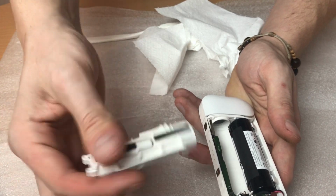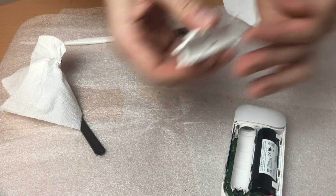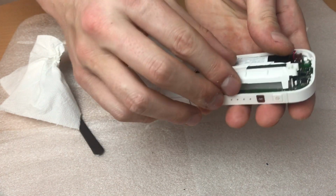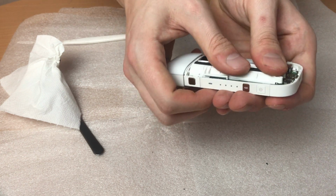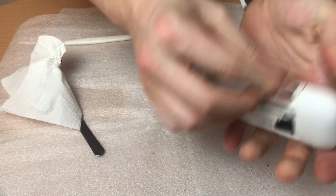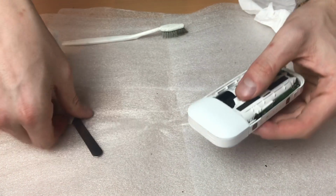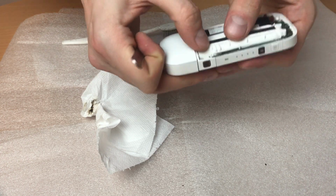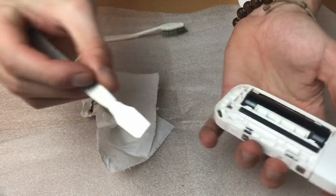Alright, put back your plastic pan housing. It's pretty simple to disassemble it and assemble it back. You don't need screws or screwdrivers, and yeah, it really takes very little time. Just apply some force here in order to put back every piece of plastic. Okay, careful, I forgot here that